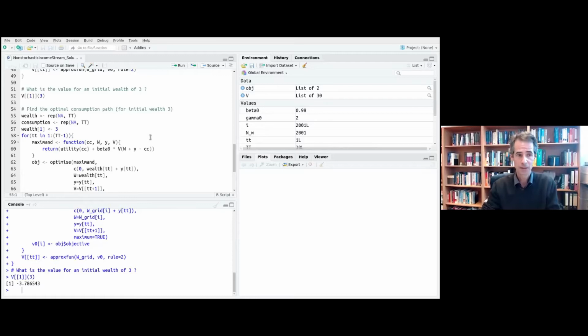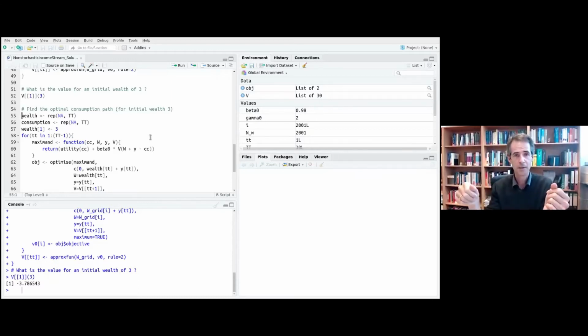What would now be the actual optimal consumption path? Because we haven't really solved for the optimal consumption path, at least not yet. So if we want the optimal consumption path, we have to solve this optimization problem, which means that we have to maximize over consumption the sum of current utility plus the discounted value function of next period. And we can do so now for every period, because now we have all the value functions. So now we are in a position to solve this problem for any period.